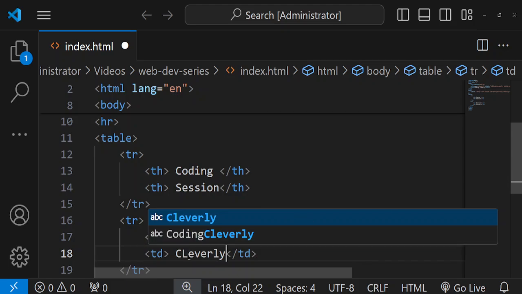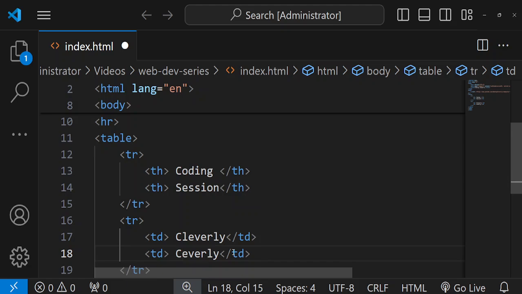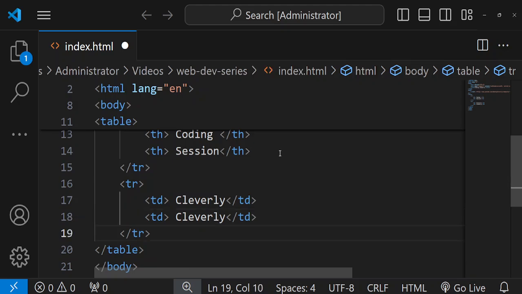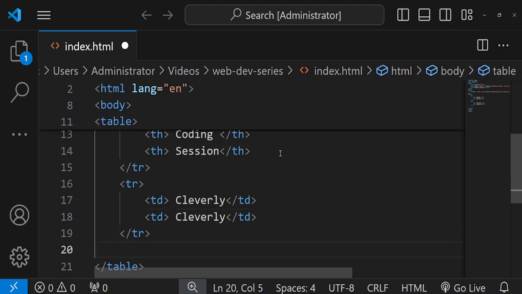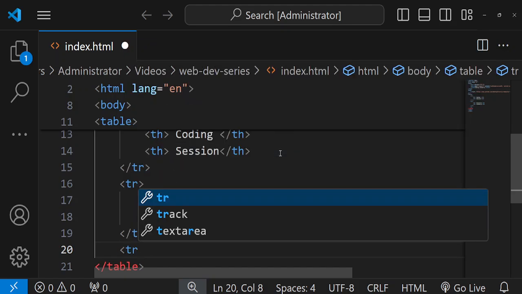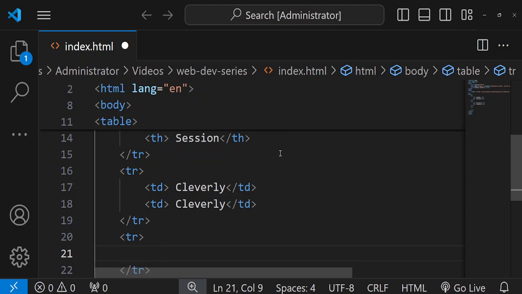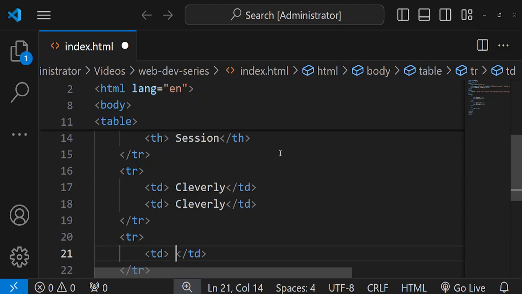Again, I'm telling you that you could add whatever you want. I already wrote cleverly twice, so it's okay. I could be displaying whatever I like on my web page. This is just a practice video, so this is nothing professional. So I could be writing whatever I want. I'll be writing another table row tag, and inside this I'll be adding another table data. So inside that I'll write